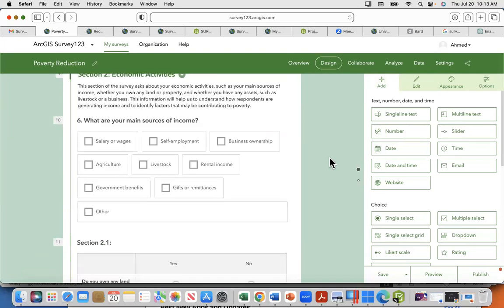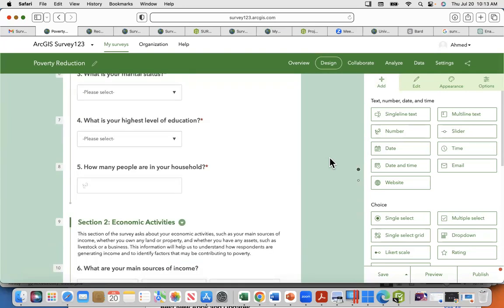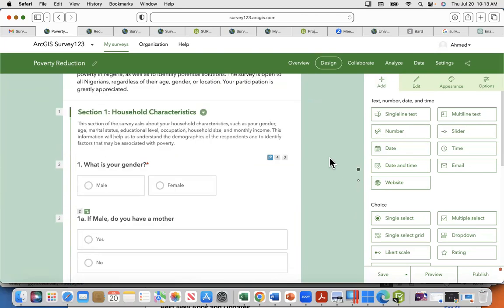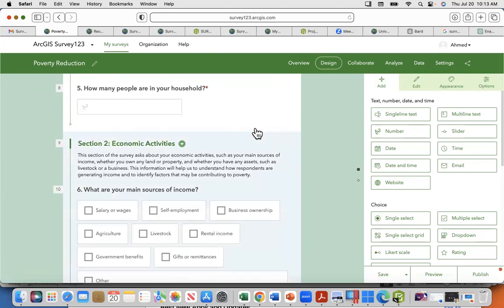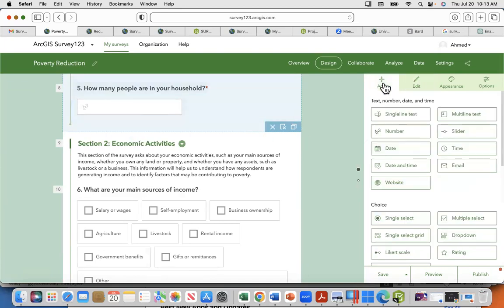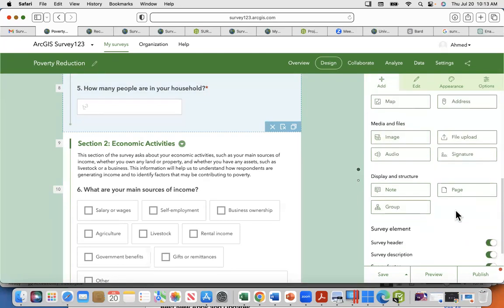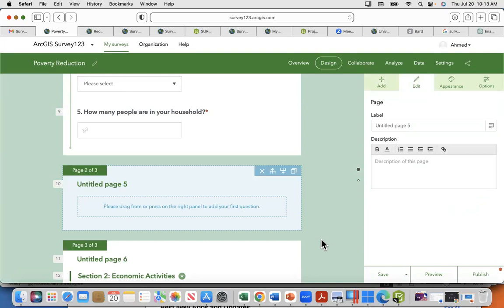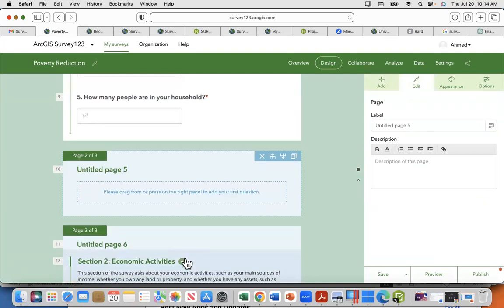So to create additional pages, I can deliberately make each section a page. So I can come right here where we have this section ending, and I can click on the page to add a page there. So we can see now I have page 2 of 3, and automatically it moved